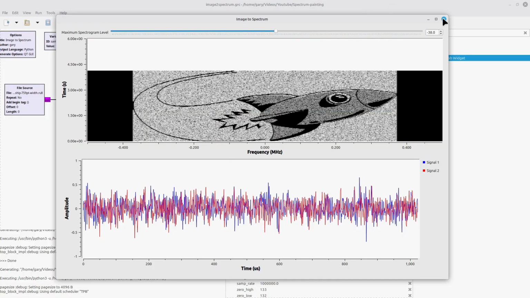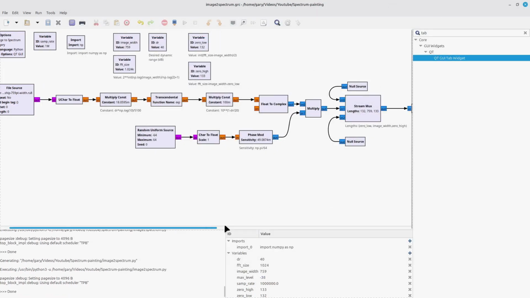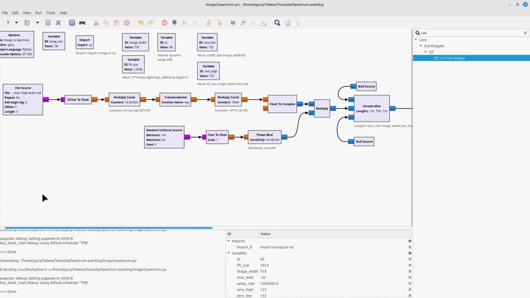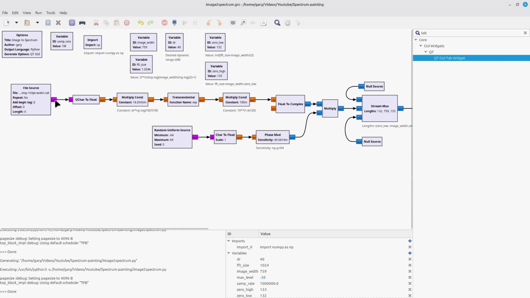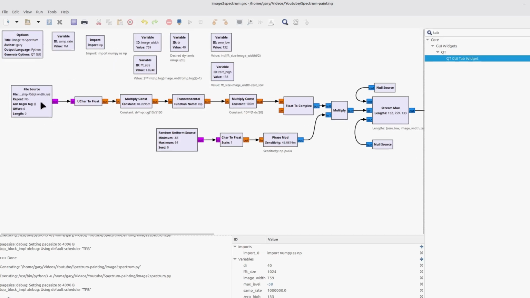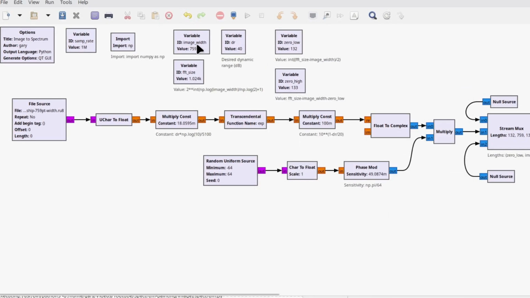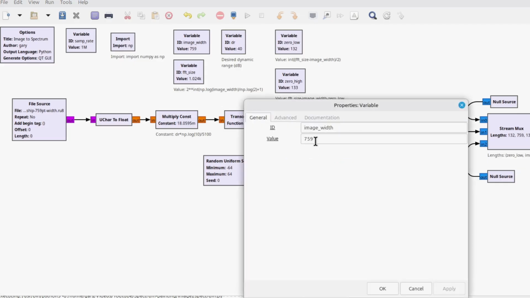It's done. And I now have a WAV file that I can then import into other programs to see how it displays. Last thing I want to cover: when you're at first opening up the image, there are two things you're going to need to adjust. When you open this up, notice that it says 759 points. First, you have to manually come in here and change this value to that 759.